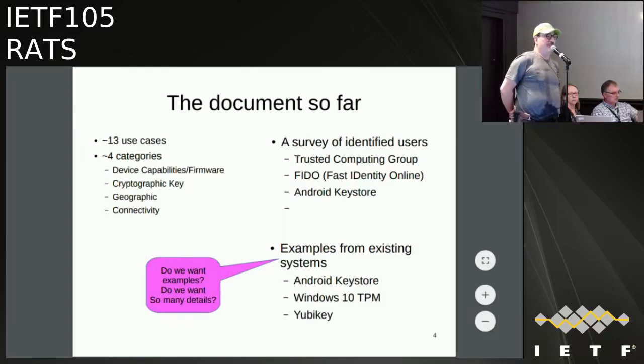While our charter says, I was actually rather surprised to realize the charter does include a protocol in the end, because I thought we were trying to not have a protocol, but just have a claims format. Because most of these people do have protocols, maybe not Android Key Store, but the other two certainly have protocols that are pre-existing, and they just want to have standardized ways of expressing claims.